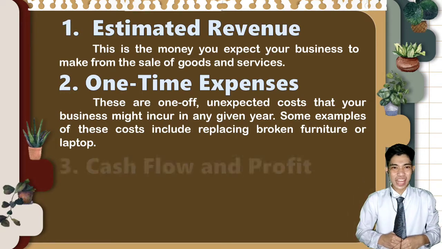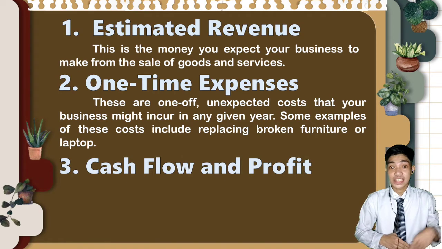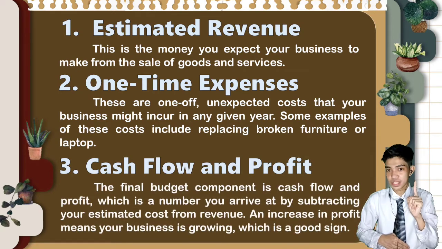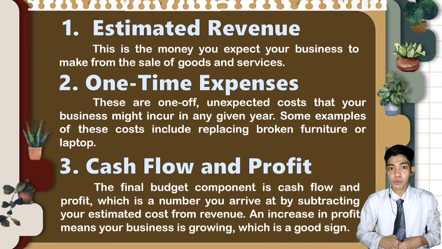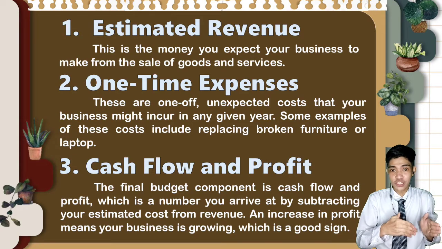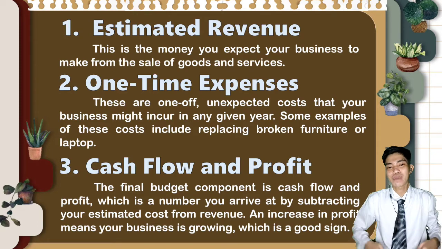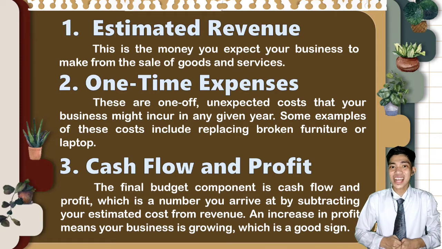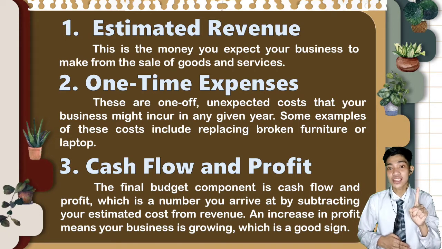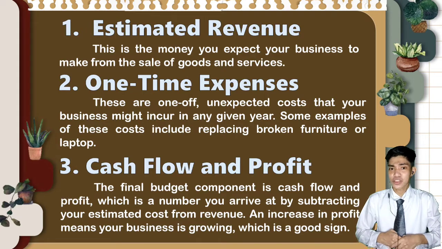And the last one is what we call cash flow and profit. So class, this is basically the money that travels in and out of the business. You can get an idea of it from your previous financial records and use that information to forecast your earnings for the year you are budgeting for. So here, if your total income increases, it means that your business is actually growing, which is a good sign. And once you have projected how much profit you are likely to make in a year, you will be able to decide how much money to invest in each functional area of your organization. For example, will you use your earnings to invest more in advertising or marketing